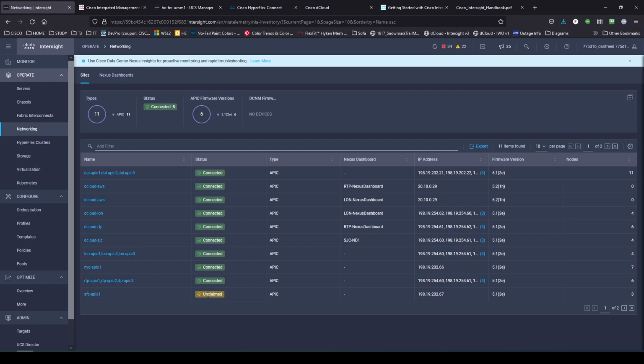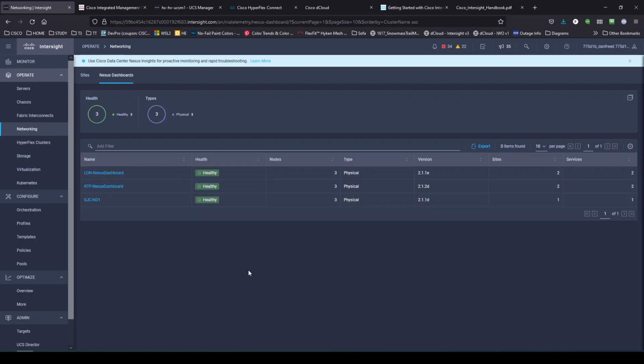This one here shows that it was unclaimed, so that's going back to the target setup of needing to claim that device and put in the device ID and claim code. You get other information like management IPs and firmware version running on those APICs, etc. And then under Nexus dashboards, Nexus Dashboard is really a series of typically physical, but it can be virtual nodes that form a cluster, and then on that cluster you run various applications. Those applications consist of Nexus Dashboard Insights 6.0, which is a combination of assurance and advisory and